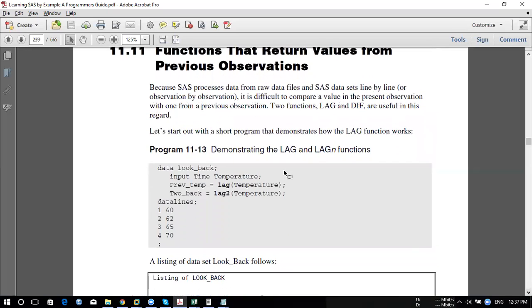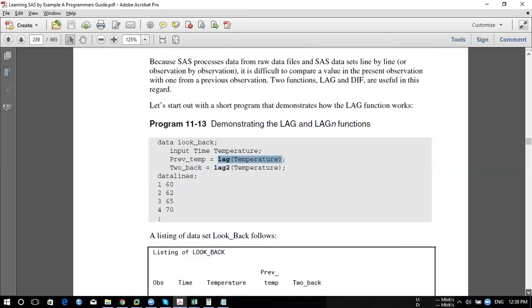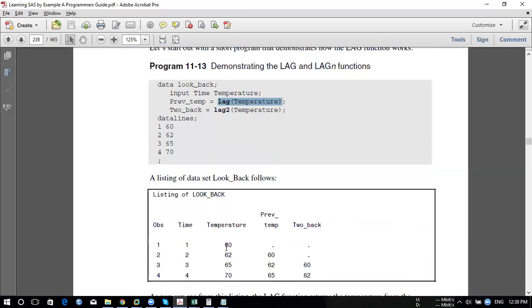Now we are talking about the lag function. When you say lag 1, it always returns the previous value. So it looks like this. You have the actual value, and the previous value will be, when you say lag 1, one value is skipped and they give those values. Lag 2 is nothing but this.